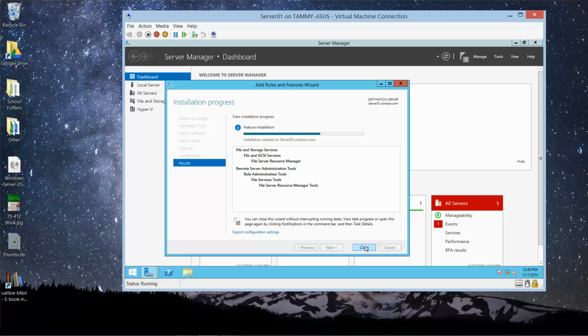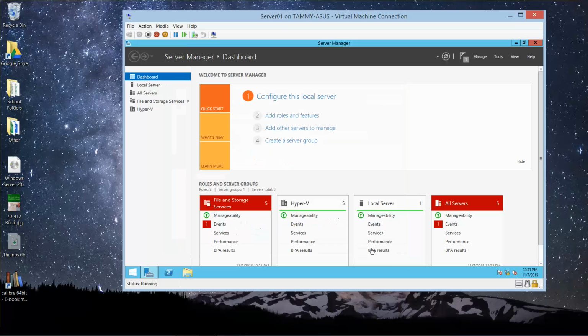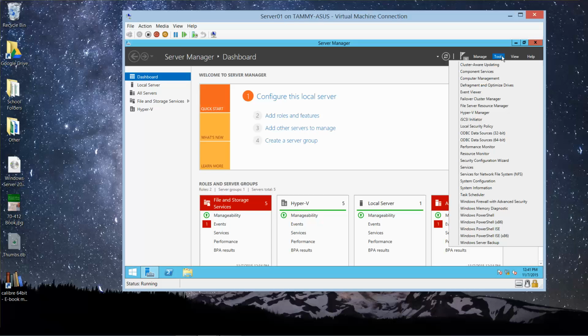This is a relatively quick install, so I'll let the video run. Once it's done, we're going to click on close. Actually, I'm going to pause the video and then we'll resume it as soon as it completes. Okay, so from here we're going to click on close, Tools, File Server Resource Manager,